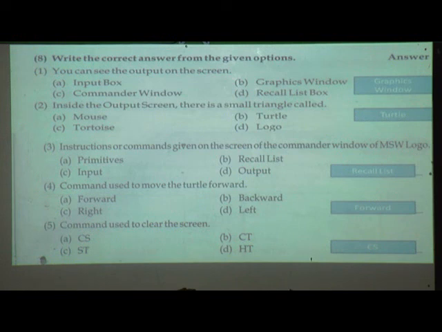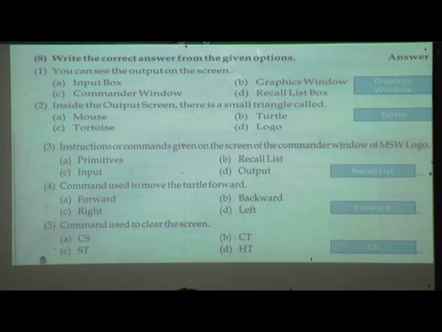Instructions or commands given on the screen of the commander window of MSW Logo is the recall list box. Command used to move the turtle forward: the forward command is useful. Command used to clear the screen: the CS command is useful.